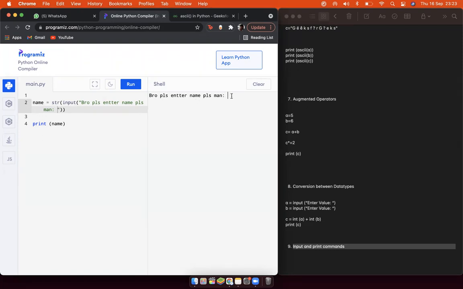So they're asking me to please enter name. I'll write my name, Junaid Lakho. Right. And then I press enter, and then it will print the name next to it.